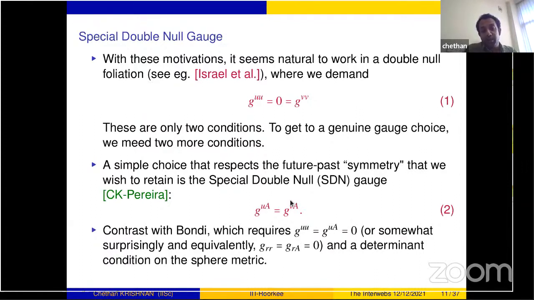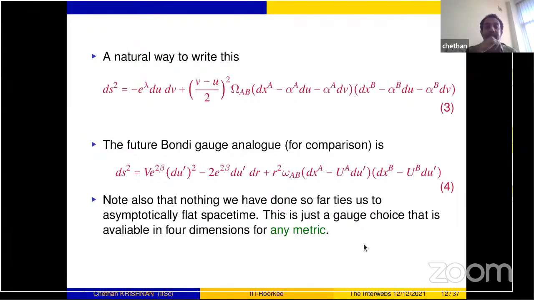Note that our condition is 2 conditions, where A labels the coordinates on the sphere: this is equal to 0 and this is equal to 0. So altogether, we already have 4 conditions. Okay, so the 4 conditions are already imposed. In Bondi, on the other hand, you also need a determinant condition on the sphere metric in order to get some traction. One particular ansatz, a metric that one can write down which satisfies this gauge,